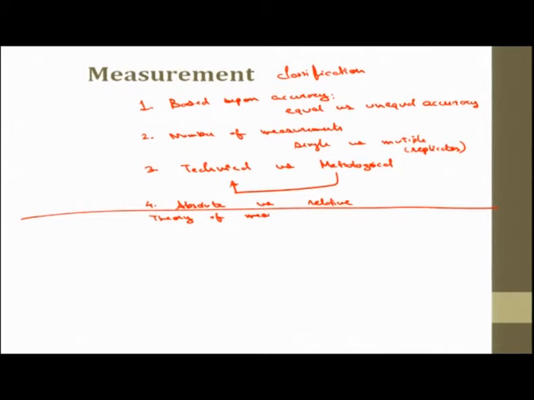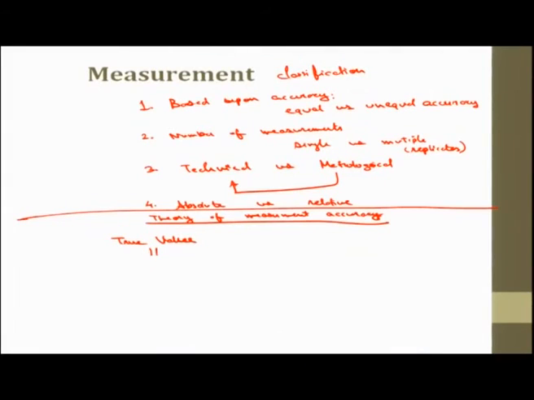Theory of measurement, or I can better put it here, theory of measurement accuracy. So what we have originally, we have a true value. True value is the one that is desired, that we need to be close to, or we need to equal if possible. So true value is the value, those are the standards which are maybe primary standards or maybe secondary standards, but the true value that we have